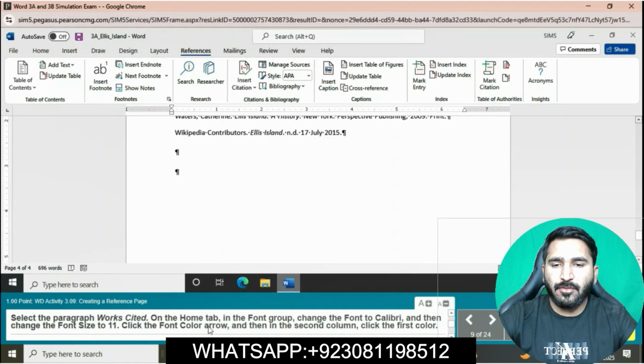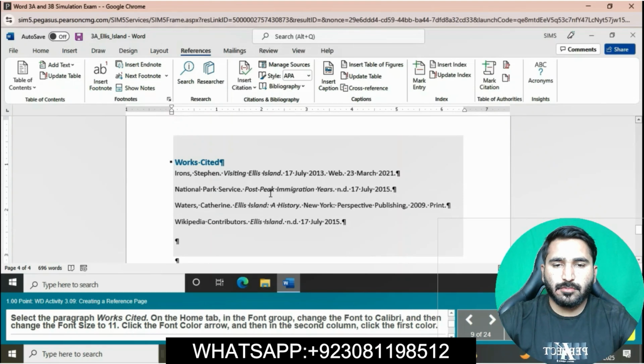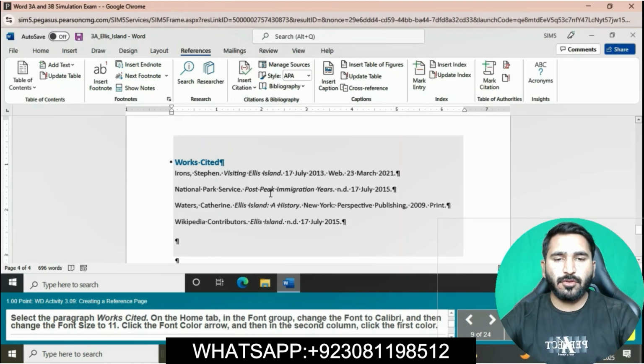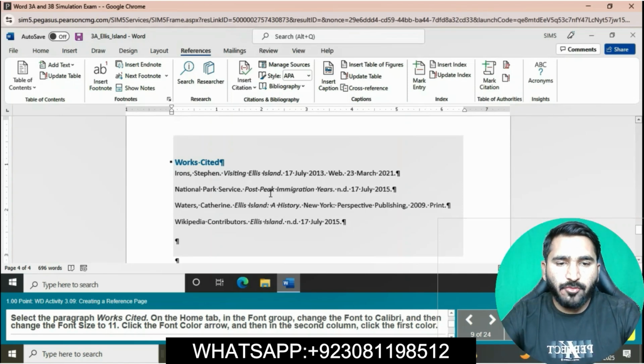Select the paragraph Works Cited. On the Home tab in the Font group, change the font to Calibri and then change the font size to 11. Click the Font Color arrow and then in the second column click the first color.